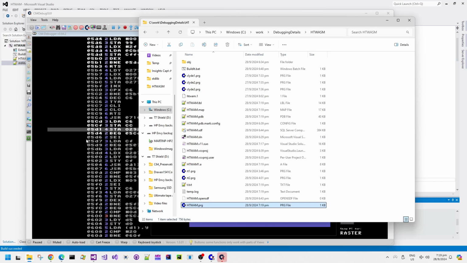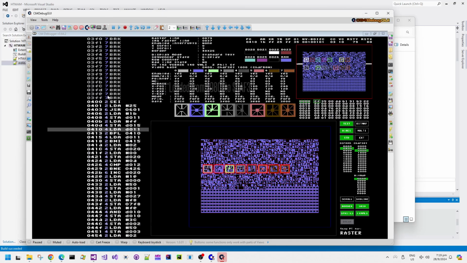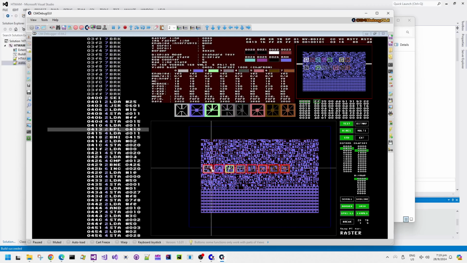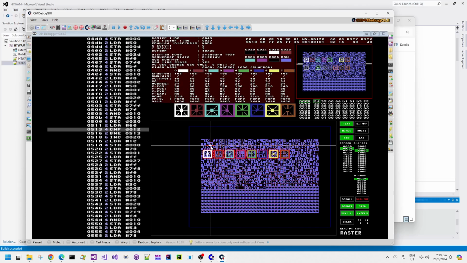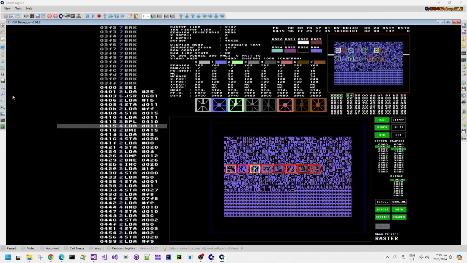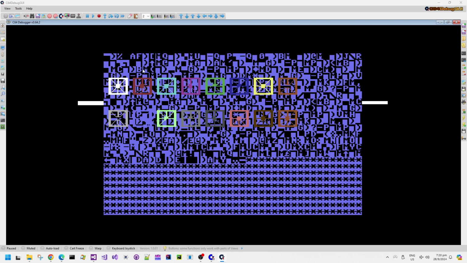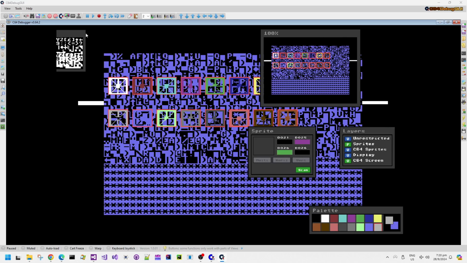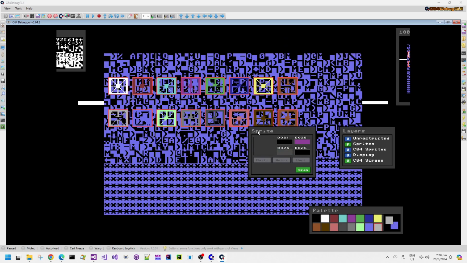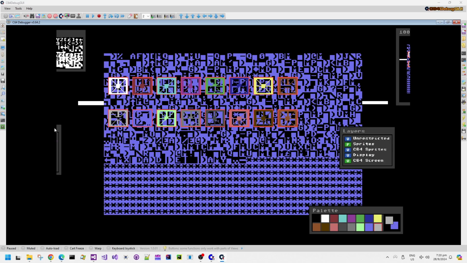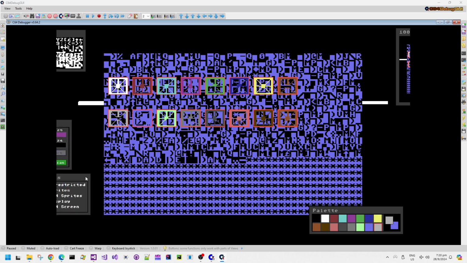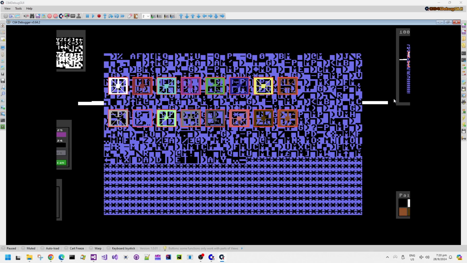If we load this code now in C64 Debug GUI, we can see how those 8 duplicated hardware sprites are now visible in different Y positions at different screen positions as the raster proceeds down the screen for every frame that it's drawing. This is an expansion upon the previous demonstration where just one single hardware sprite was being duplicated in 2 different areas on the screen during the frame. We're now just doing it with 8 different sprites with different colors, different sprite frames,